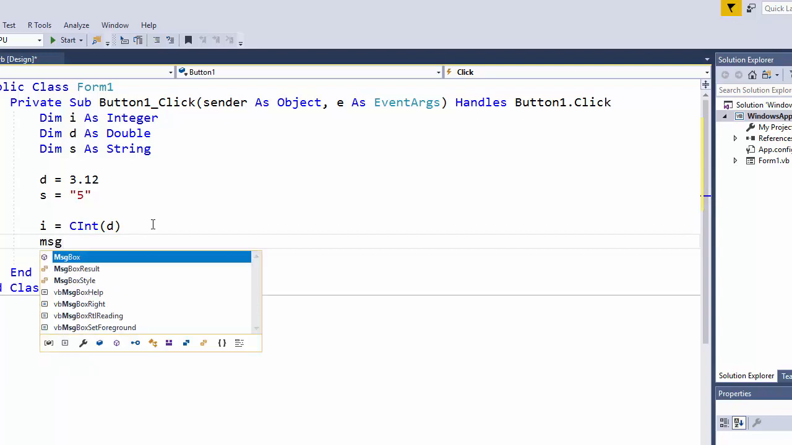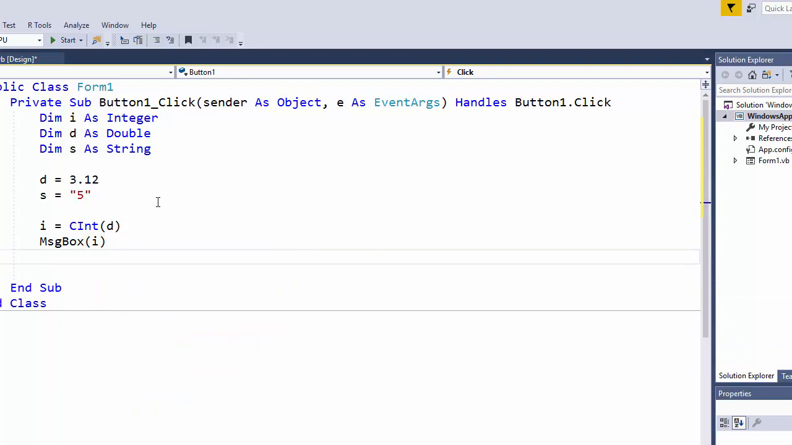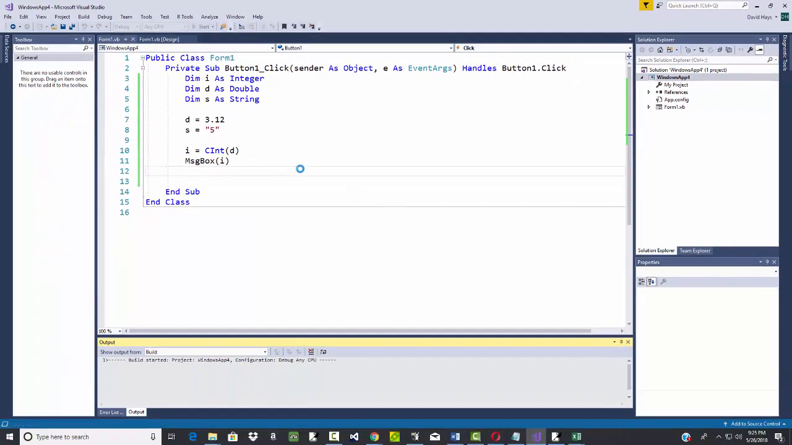So let's see what that gives us. Message box I. So the cint will take the value of D, which is 3.12, and then convert it to an I for integer. Well, let's see what it does. If I run this,